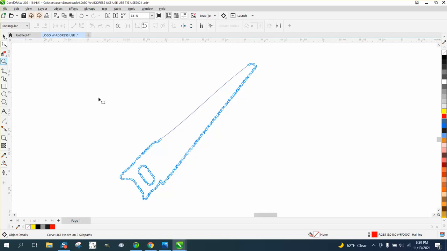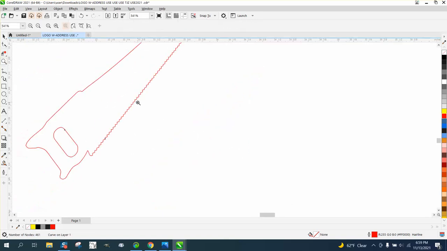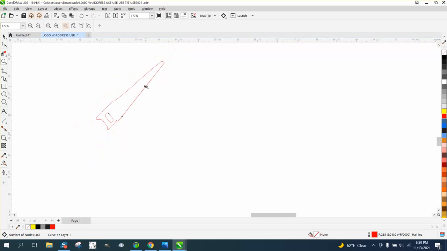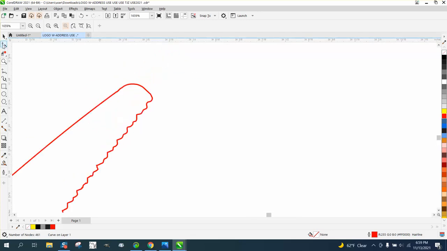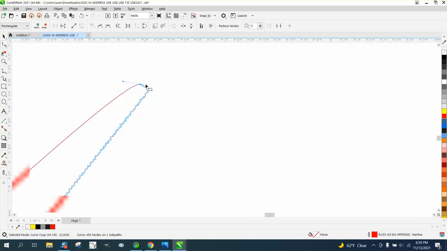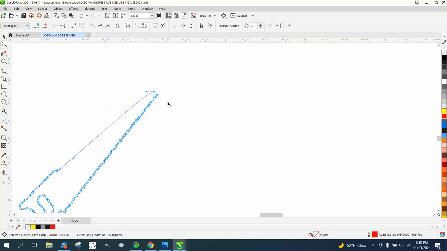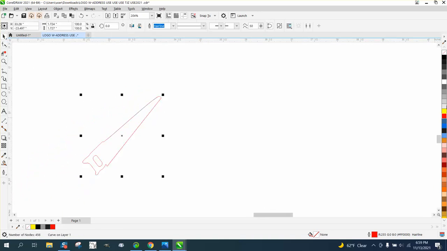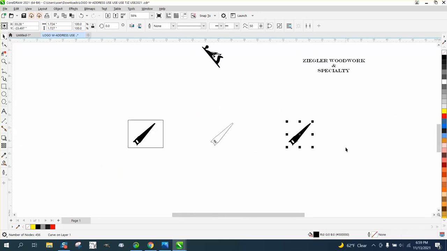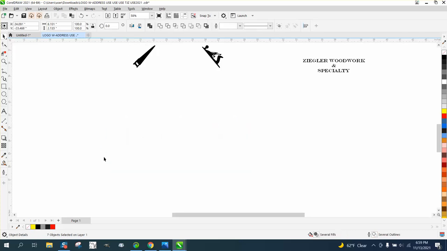These other nodes are probably for the teeth of the saw, so not much you can do about it, and that looks pretty cool. You know, you could spend a little bit more time on here and delete some of these nodes, as long as you don't really change the shape of the saw too much, but you could always bring it back. But anyway, and then just fill it in with, I'm going to left click, right click. And because we've nudged, now we can nudge it right back to where it was. Then get rid of all this trash. Take the same thing,